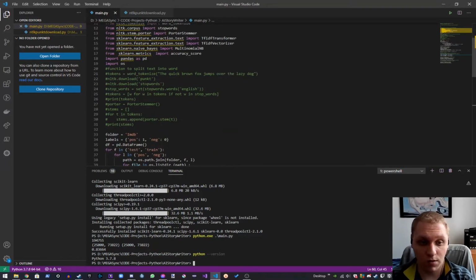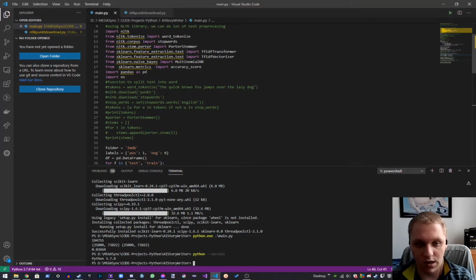Here I was doing just some testing, trying to understand how it works. Basically, what this does is it processes text and it has to split the text into words. So it looks at the string that we've put in here. For example, "the quick brown fox jumps over the lazy dog", and we are using stop words and punctuation. The stop words are words that are inside of the English dictionary, and we are looking at each and every word, and we then print out the tokens, and the tokens are then used